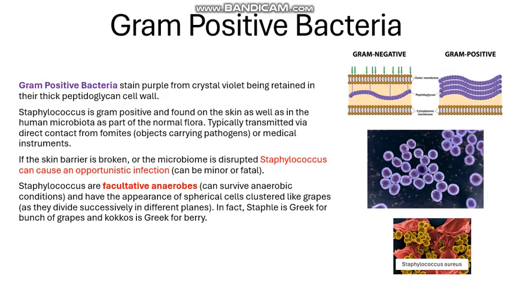That's mainly with a thing we call necrotizing fasciitis, which we'll probably go into in the next video because we're running out of time. So staphylococci are facultative anaerobes, meaning they can survive anaerobic conditions, but they tend to prefer aerobic conditions. And they appear as spherical cells clustered like grapes because they divide successively in different planes, which is